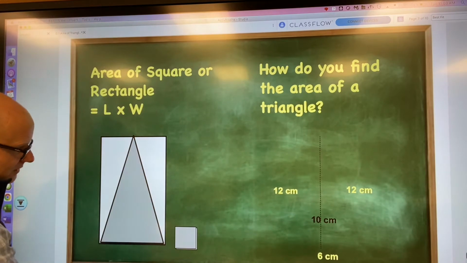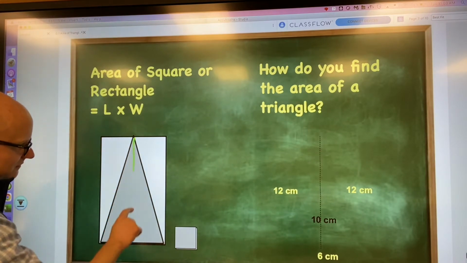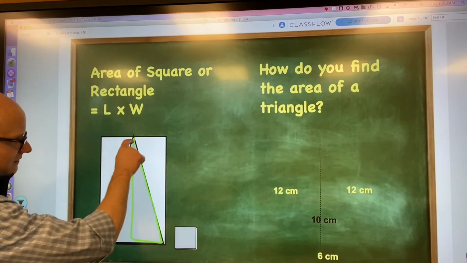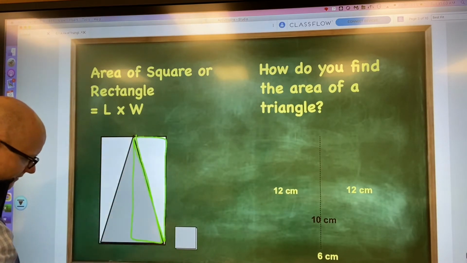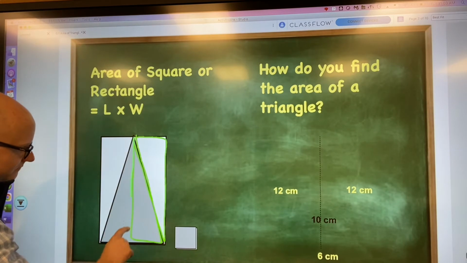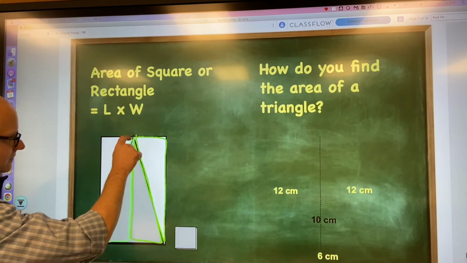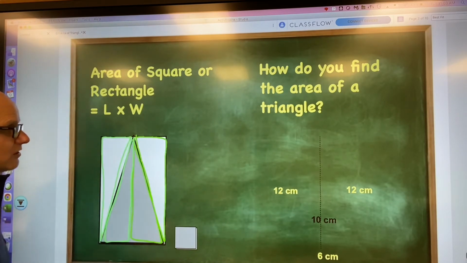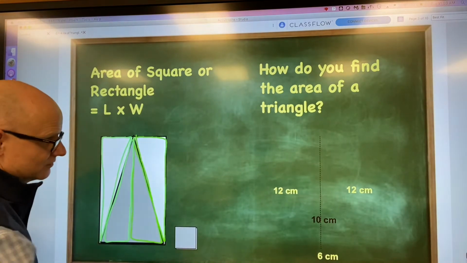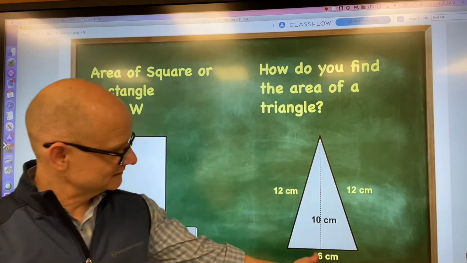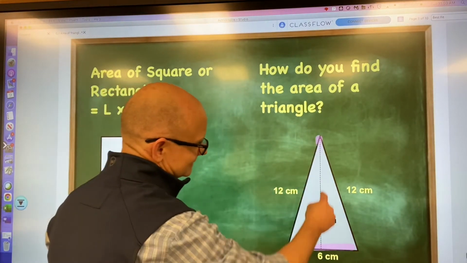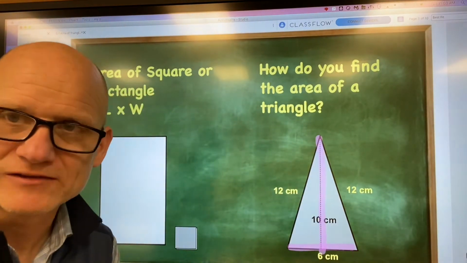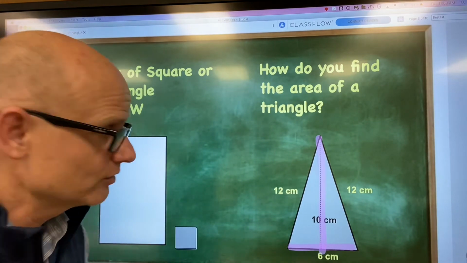because you can clearly see here this triangle is exactly half of this rectangle. You can see if I took this, cut it, and turned it, it would fit right here. Likewise, if I took this part right here, cut it, and turned it, it would fit right here. So triangles are always half of rectangles or squares. So here I would just take 6, because that would be its base, multiply by its height, 10, and then I would halve it. So the area of this triangle is 30